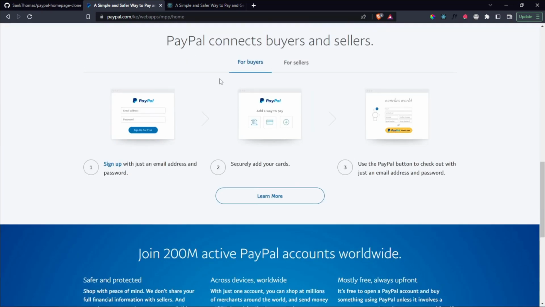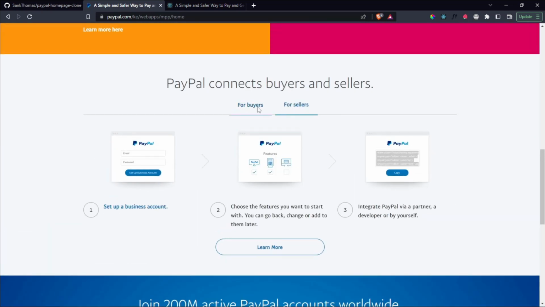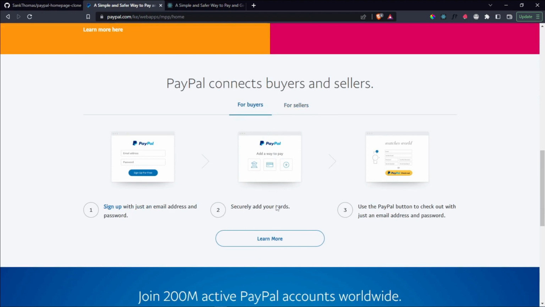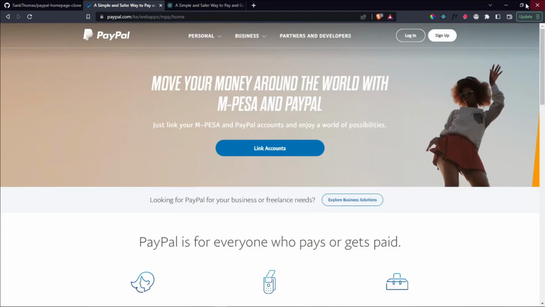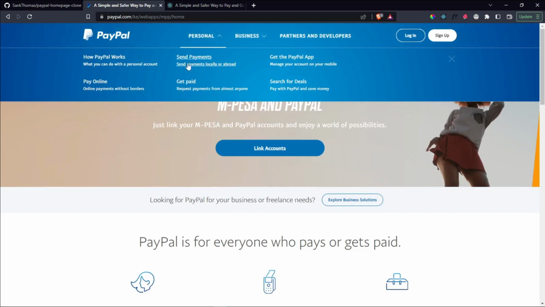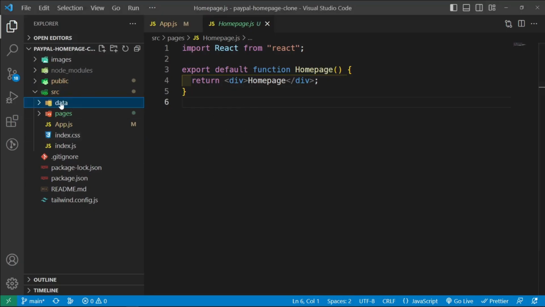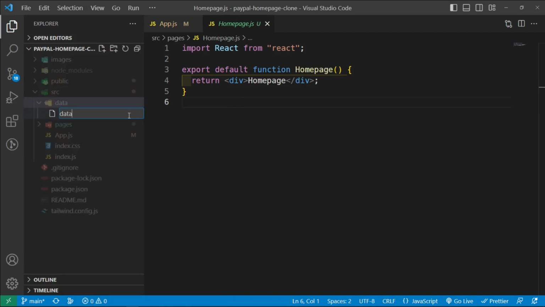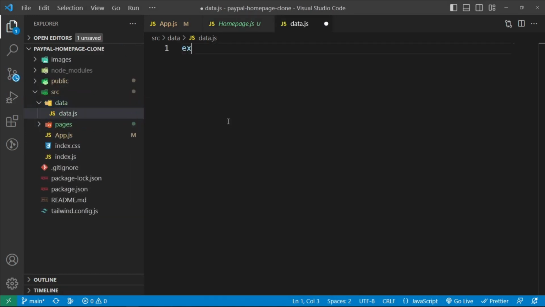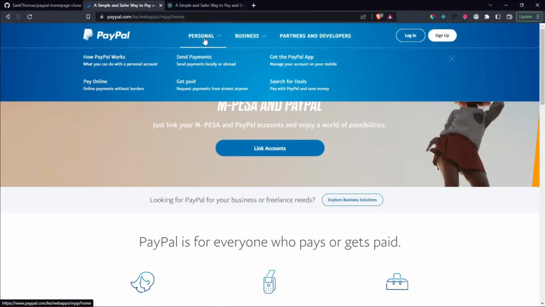And also, in order to do things like this for the buyers, for sellers to create these tabs, we're also going to have some piece of data that we're going to create, and then for other pages as well. But for now, we only need the navigation bar. So inside data folder, I'm going to create a new file that is called data.js, and then I'm going to say export const data, and then this is going to be equal to an array of objects, and the objects are going to have a title, and the title for this is just going to say how PayPal works. So this one, so how PayPal works,